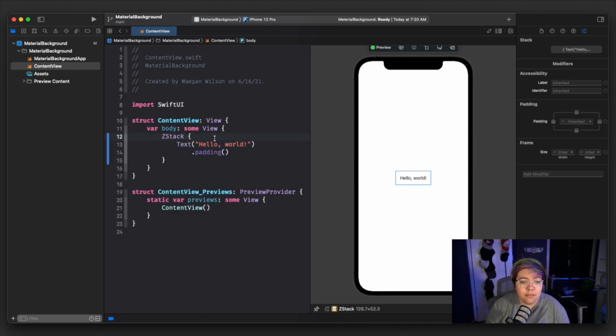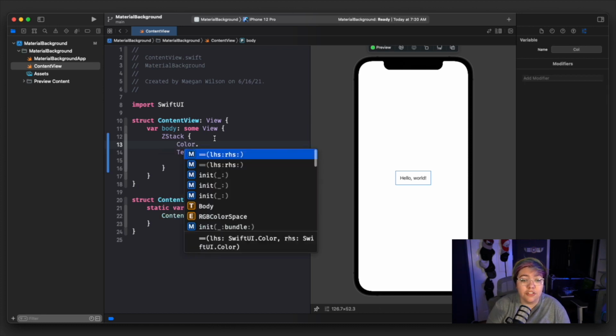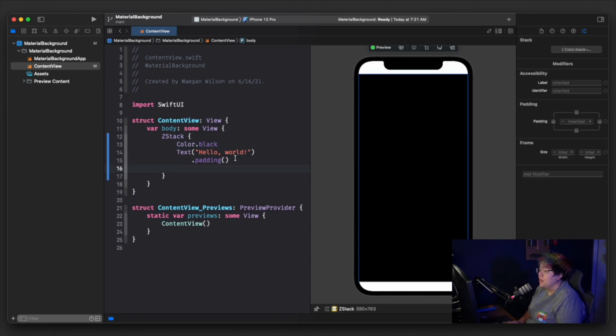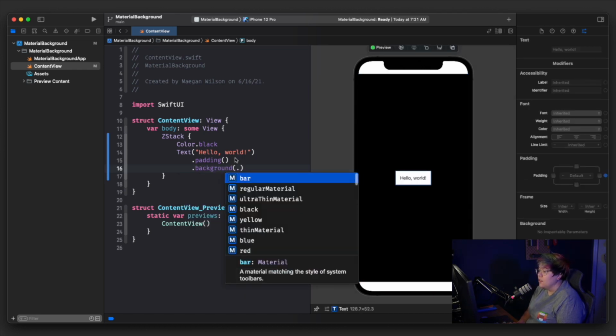Now behind the text, we're going to add a background color. So Color, I'm going to choose black so that we can quickly see what exactly is going on here. Now we don't see the text Hello World, which is fine because this is where that background modifier comes in. With that background modifier applied, it's going to add a blur, or a color in this case because there's not an image, right behind the text so that we can actually see it. So I'm going to hit dot, background, and then if you go in here and hit dot,